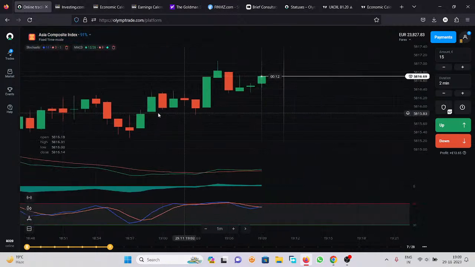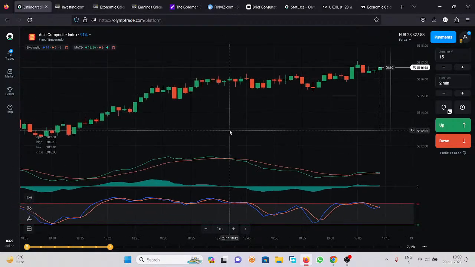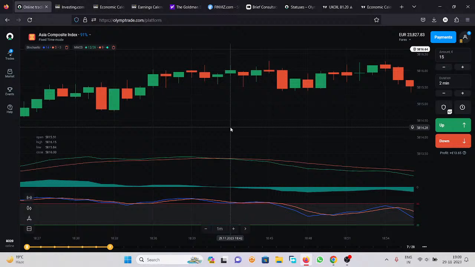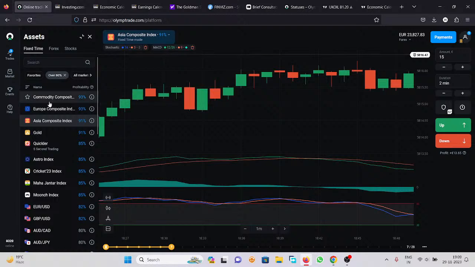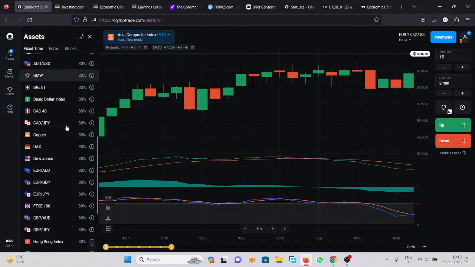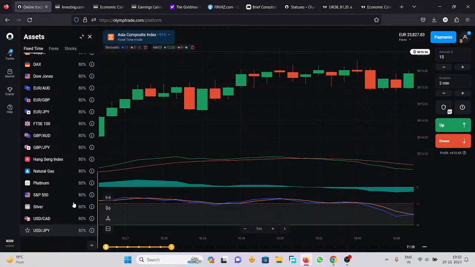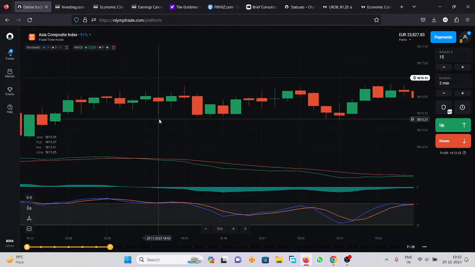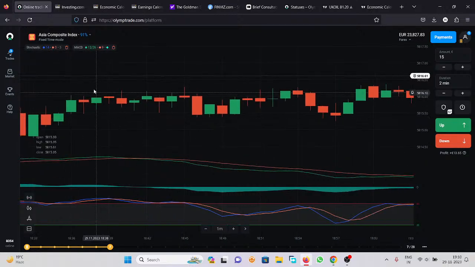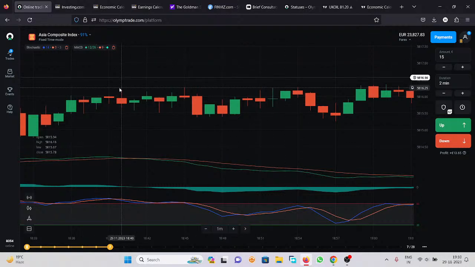There should be no favoritism of any asset. Your favoritism is going to be only the successful trades. You need to just choose your comfort zone or favoritism with the successful trade. Doesn't matter if I get this successful trade with the Commodity Composite Index or Asia Composite Index with 91% profitability, or the USD JPY with the 80% strategy. Always go with the trend or counter trend. This is the Wurzer way of trend, which we call the trend of uncertainty.